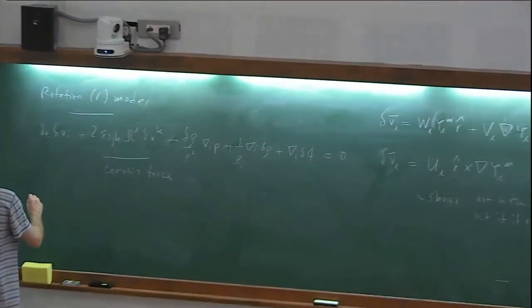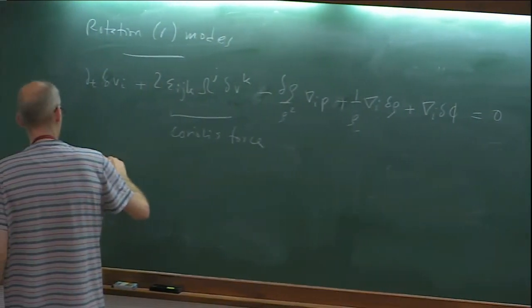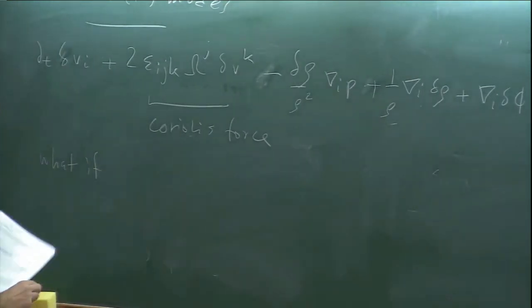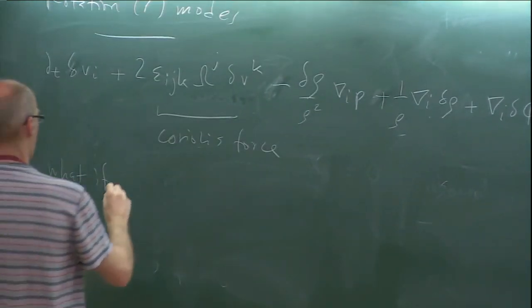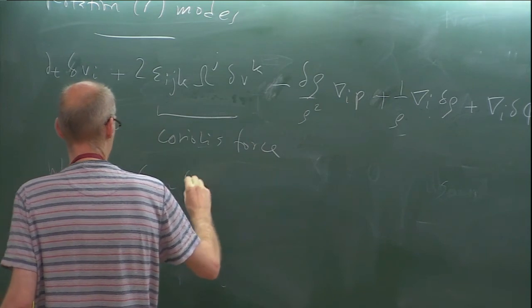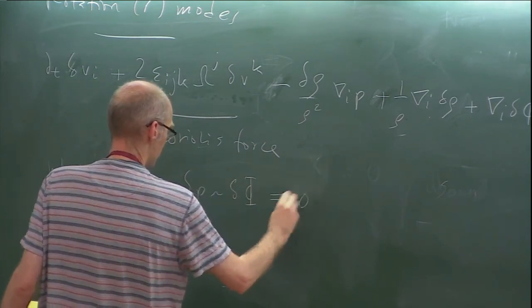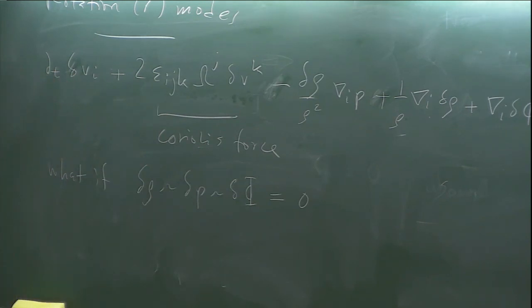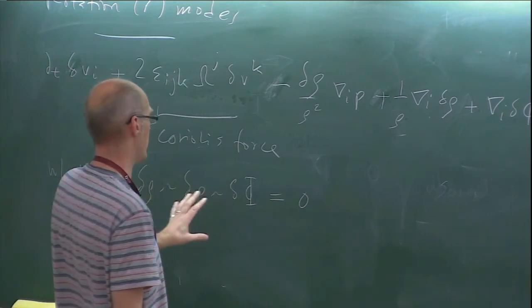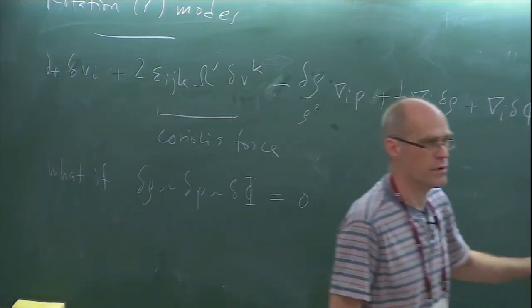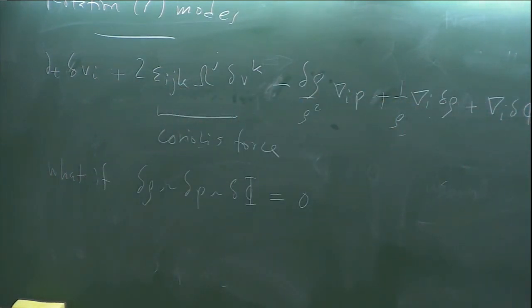I want to ask, what if, and you can show this rigorously, what if delta rho, delta p, delta phi are 0? Is it possible to find a solution to the fluid equation such that these are all irrelevant? Okay? Now basically,